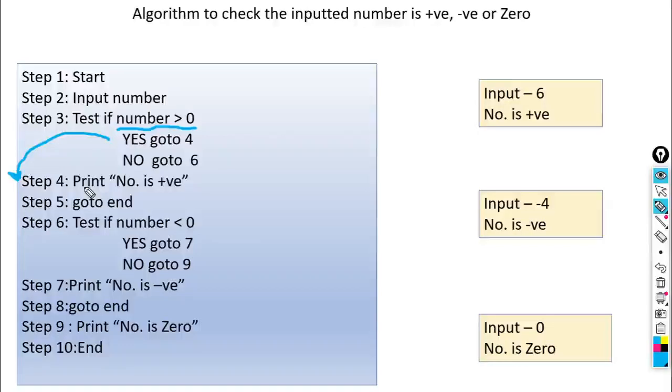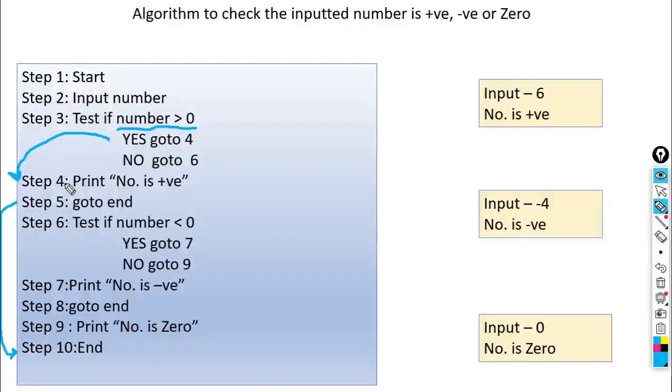So it prints number is positive and it will take your control to the end. Okay, means if number is positive, it will check first condition that number is greater than 0. All positive numbers are greater than 0. So if it is greater than 0, it will print number is positive and it will take your control to the end. This is the first one.